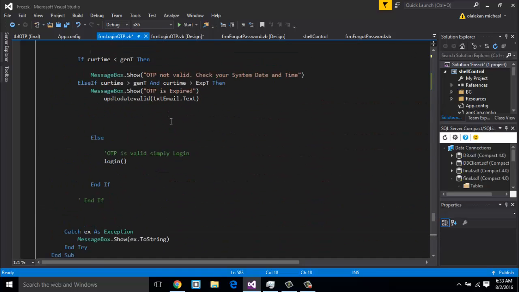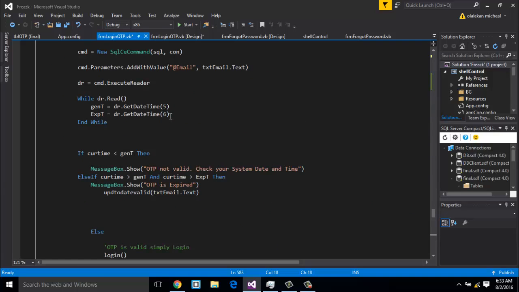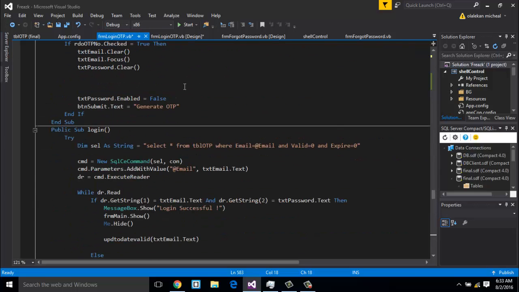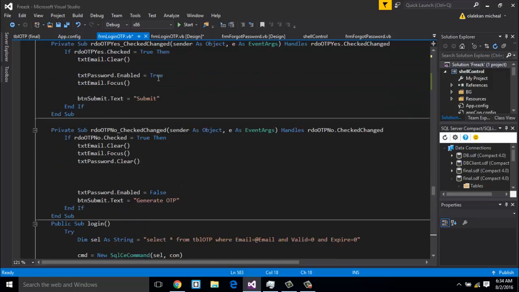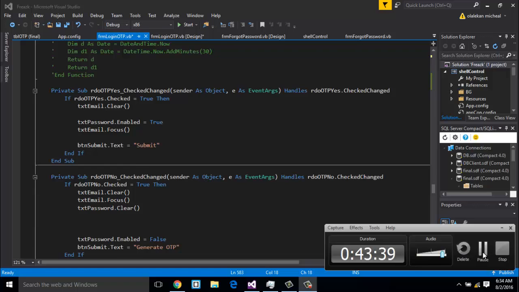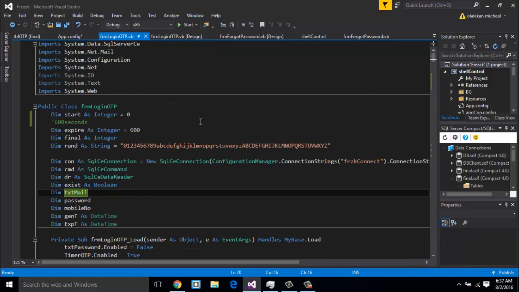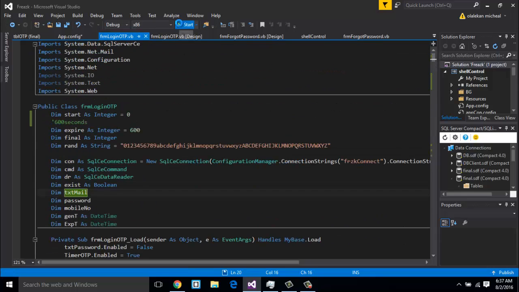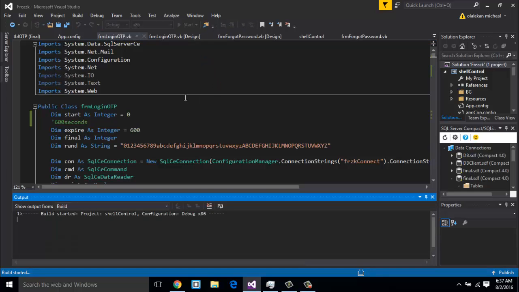So I'm just gonna run the program and show you the working, and I'm gonna show you my database and the rest later. How the OTP is being generated, and also I'm gonna show you the emails that are being sent to my email ID as the OTP is being generated. So I'm going to show you the actual working of this program. So let's run the program